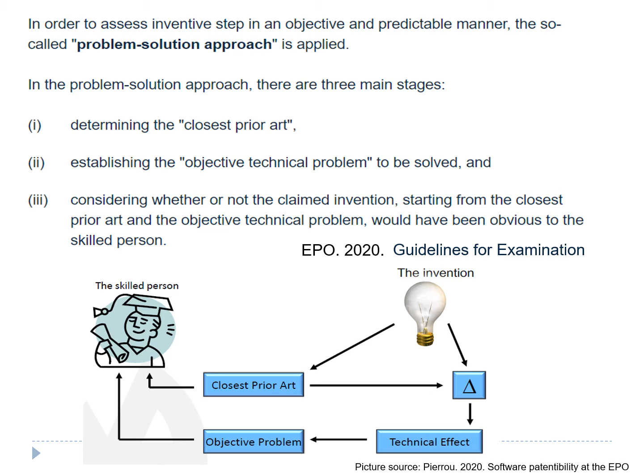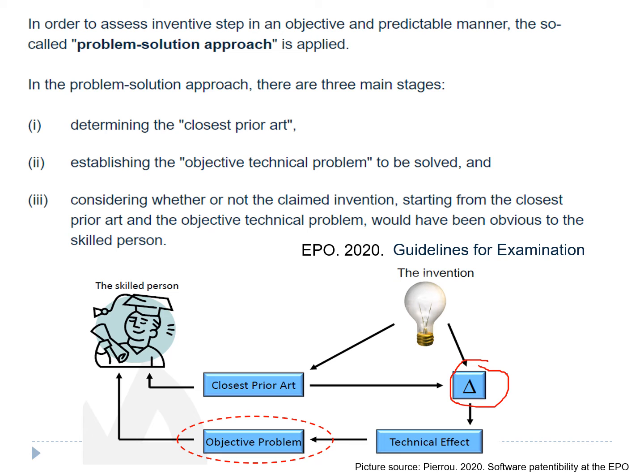But then you need to see if the invention is far enough from the closest prior art. So you need to determine the difference. And the difference needs to be in some kind of technical effect, and needs to solve an objective technical problem. And then one needs to consider whether or not this claimed invention, when you start from the closest prior art, would have been obvious to a skilled person. So if it would be obvious to a skilled person, then you will not get this patent. And let me exemplify on the next slide